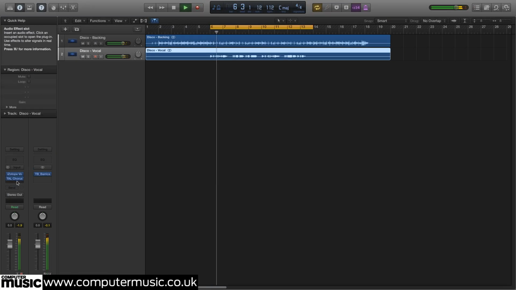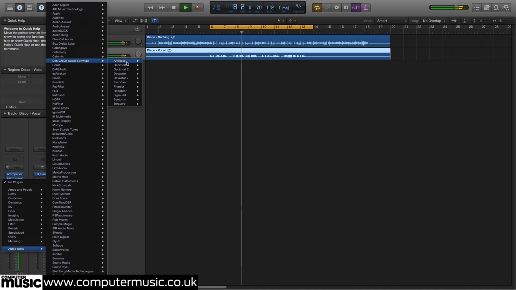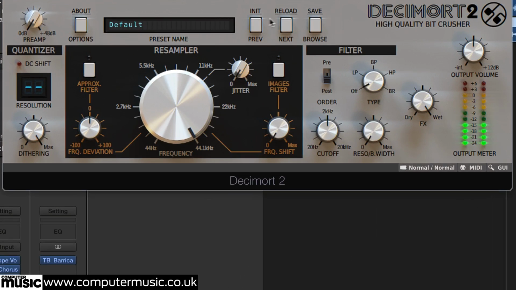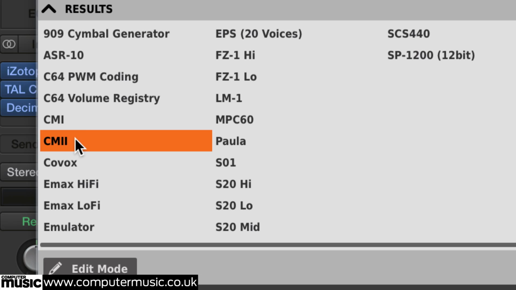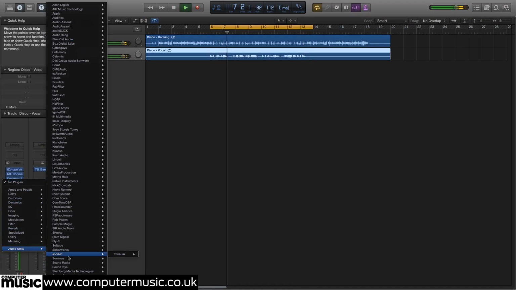Then D16 Group's Decimort 2 with the CMII preset, mimicking old school Fairlight CMI sampling. A short filtered reverb from CM Verb is applied to give it a little room sound,